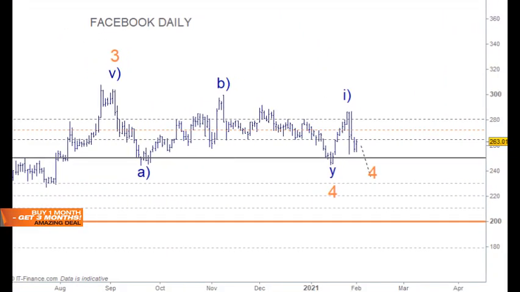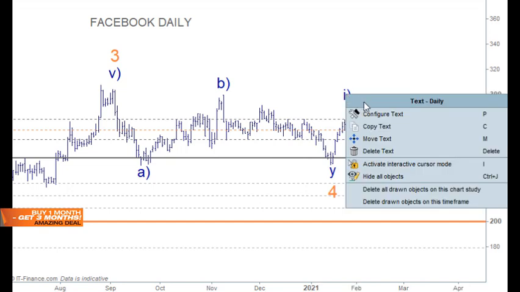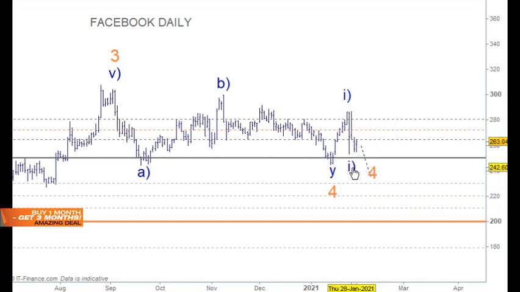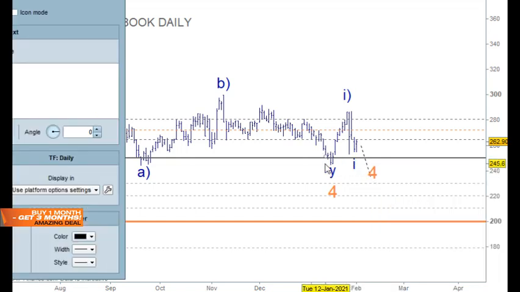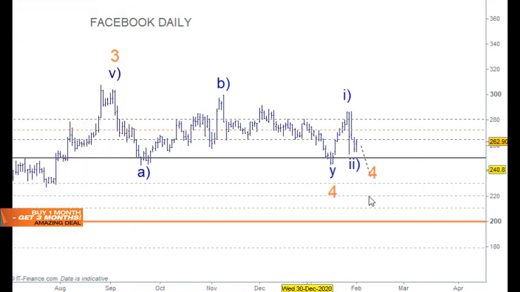Facebook. Okay, so Facebook's sort of hanging in there, and it may be saved in this case, because looking at wave 3 here as a WXY over here for this as wave 4, and then looking at that as wave 1 and coming back for wave 2 here. So the wave 2 is still in play. We've been looking at this on the tick chart as well. I won't go into that today because I'm a bit short on time, but I also just want to see how this plays out here. If this finds